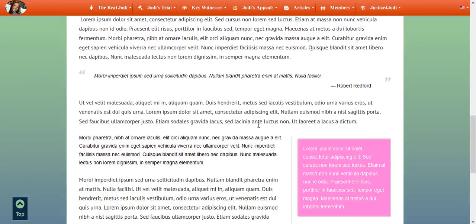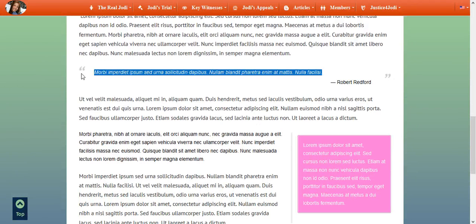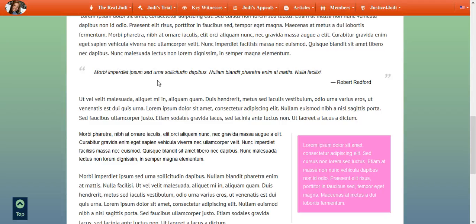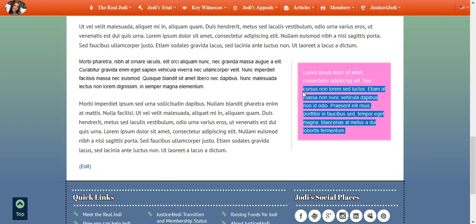And we have our picture. And here's our quote from Robert Redford. It kind of stands out a little bit. It's professional. And here's our pull quote. It kind of stands out to the right. And remember,